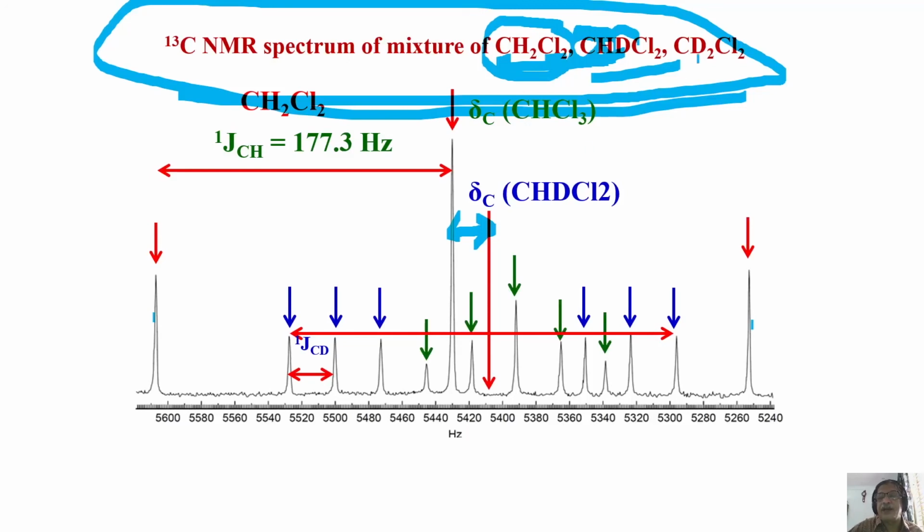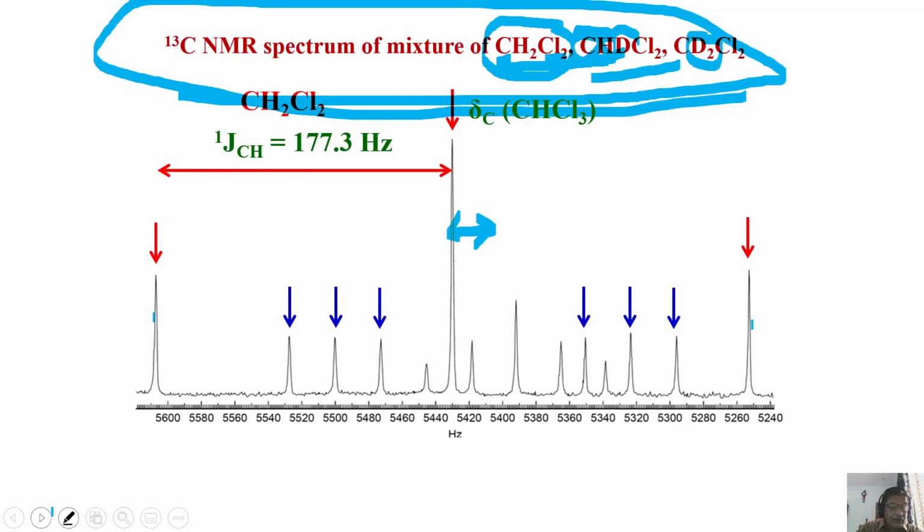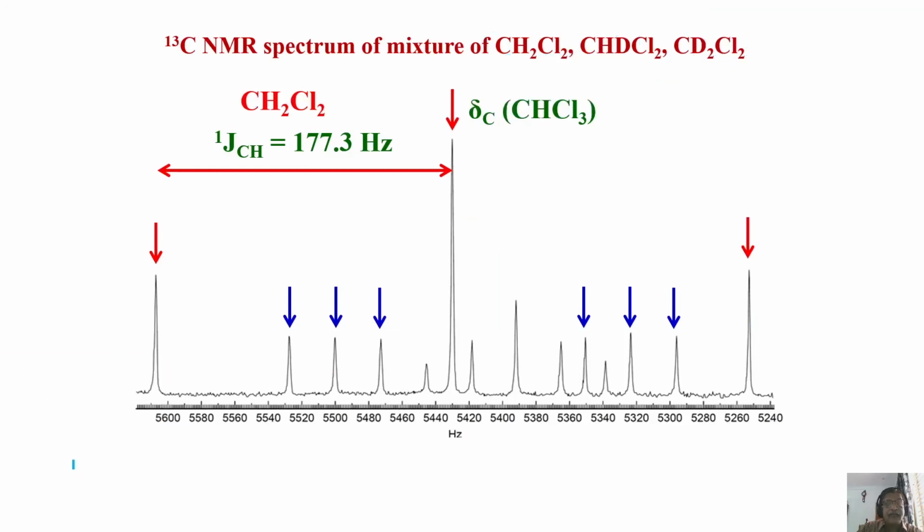Now coming to the situation of another molecule, CD2Cl2. How many peaks do you expect? Two deuteriums are coupled. We already worked out the 1:2:3:2:1 pentet. This is what it is. See? So all the peaks are assigned. Carefully see now. Go back. I want to make you understand.